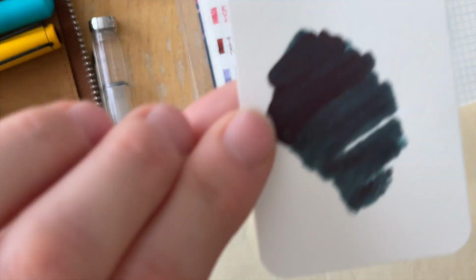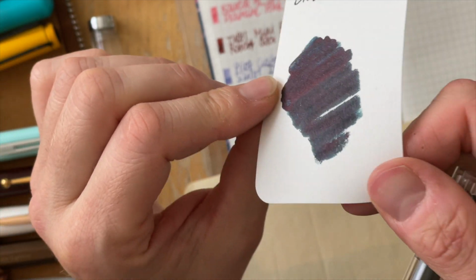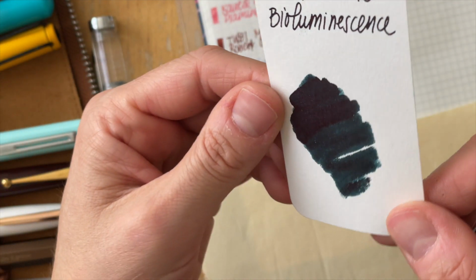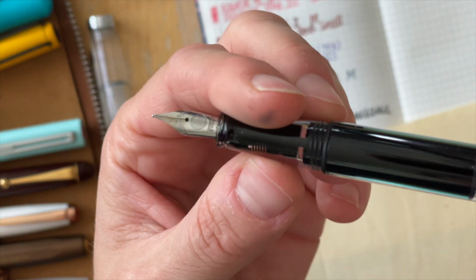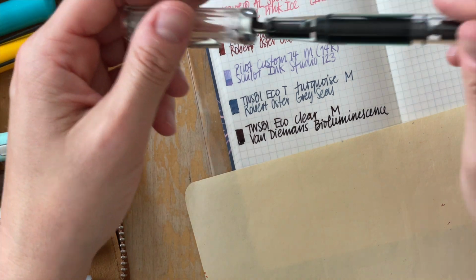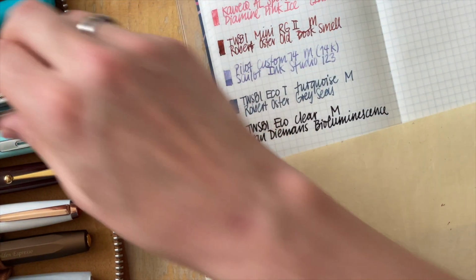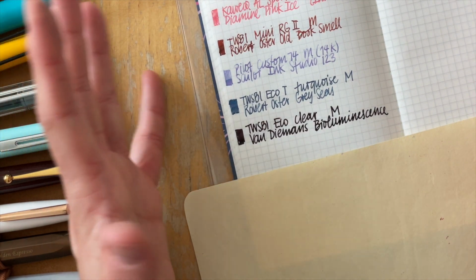Did I show it to you even? Did you see it? Sorry. I don't think there is any shimmer in the barrel right here. But I am totally okay with this. There's definitely lots of those inks. I would love to make a